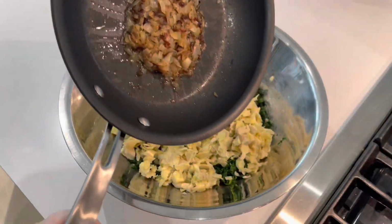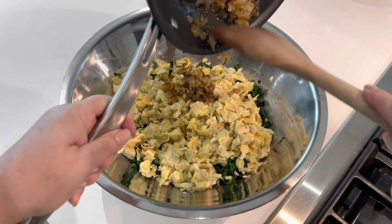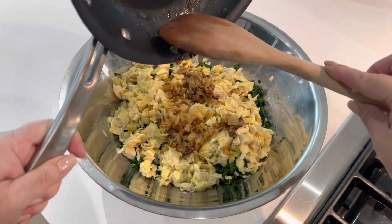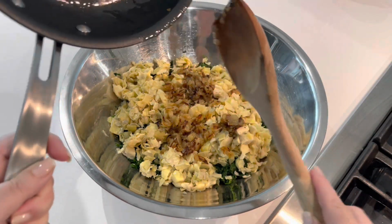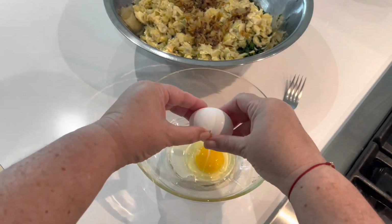And then remember those beautiful onions that we prepared earlier? We're going to pour those right on top. This is gonna really give this such amazing flavor, that touch of olive oil and these yummy onions. It's gonna be delicious. Now I'm gonna set this aside for a moment, and I'm gonna grab my medium-sized bowl,